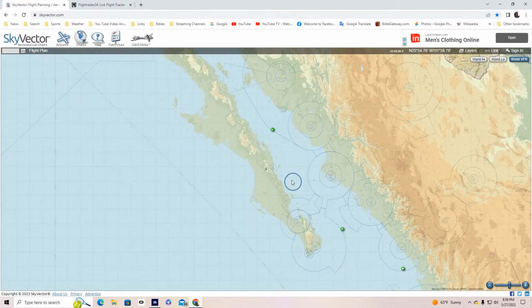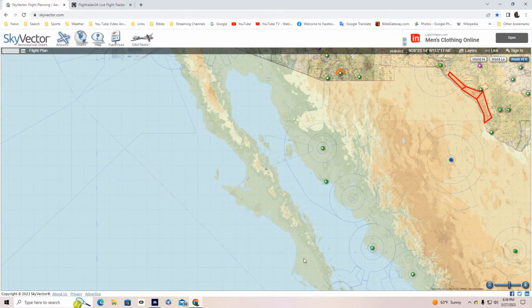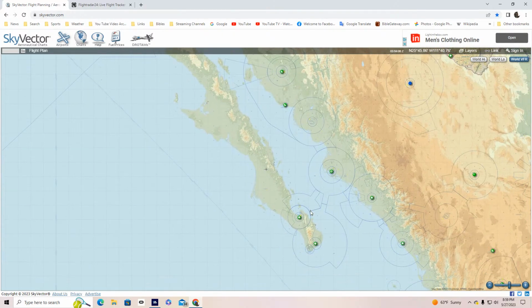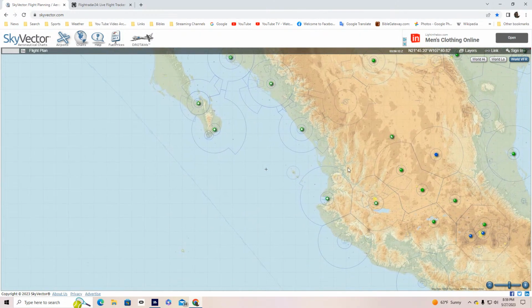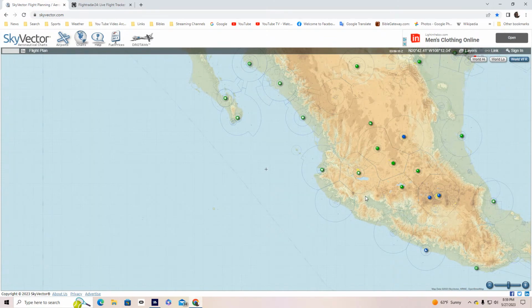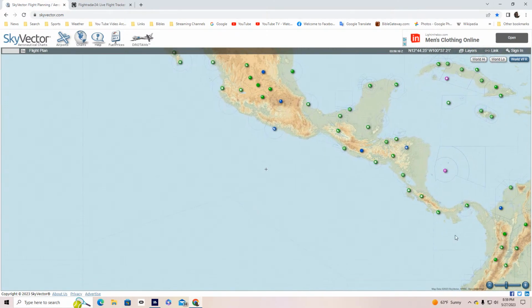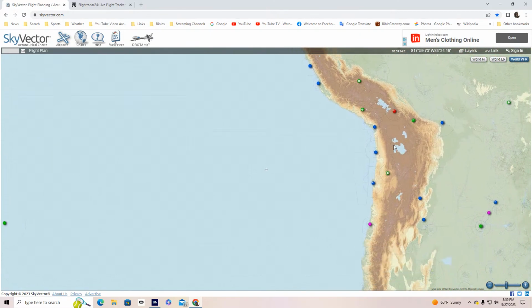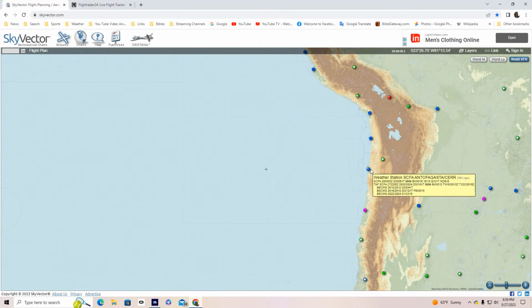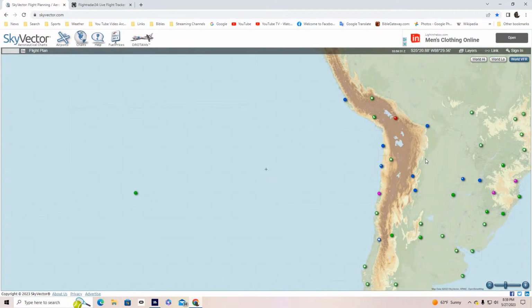This right here, let me say again, is Baja Sur, California. So this is the lower half of Baja California as compared to the upper half right there. The upper half is more populated. And I want to hit some of these weather stations all the way down to South America, all along the coast there. And there are some of the driest places on Earth right around Peru. Of course, we'll be flying to the east.